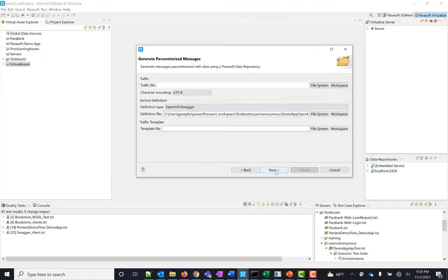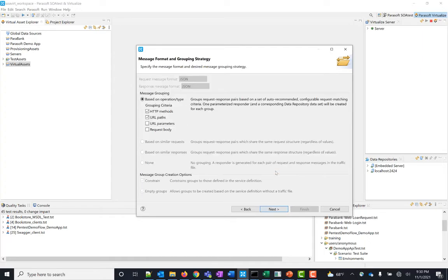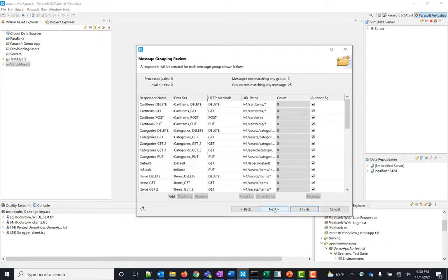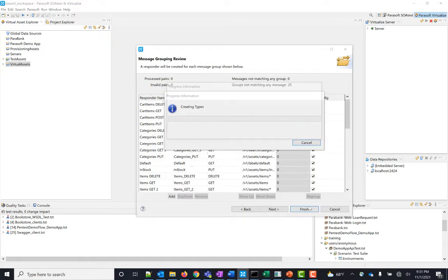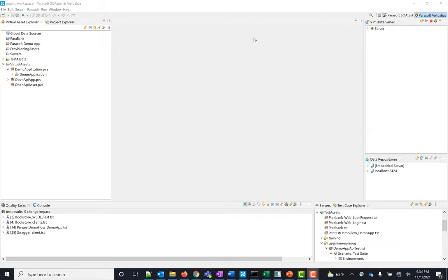Then I click Next, Next, Next. And here we see it has created responders for each of the items that it found in that OpenAPI spec. So I'll just click Finish here. Great, so we've now created our OpenAPI app.